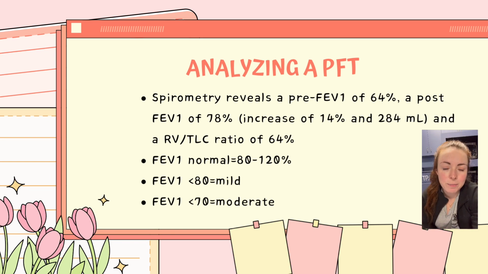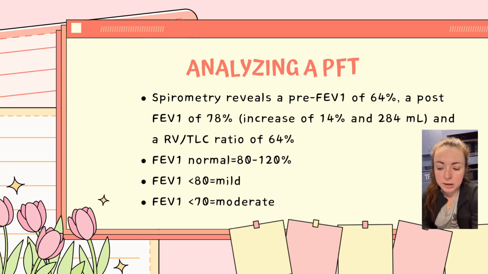Now, looking at this problem, we have to remember that a normal FEV1 is between 80 to 120%. Less than 80 would be mild, and then less than 70 would be moderate. When we're comparing our pre and our post, we have to remember that an increase of 12% and 200 milliliters